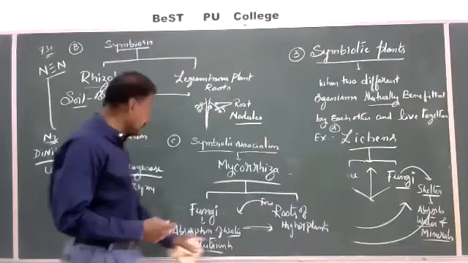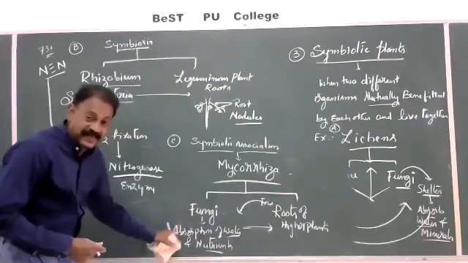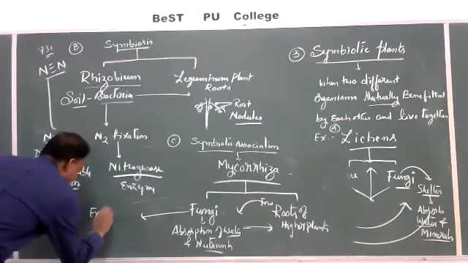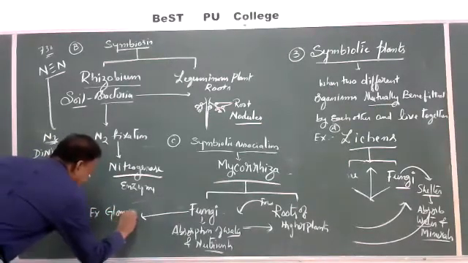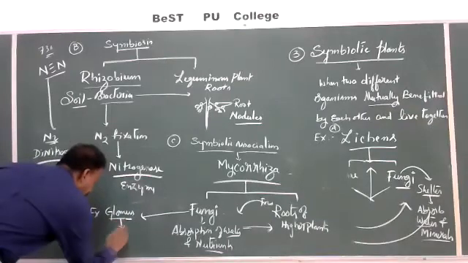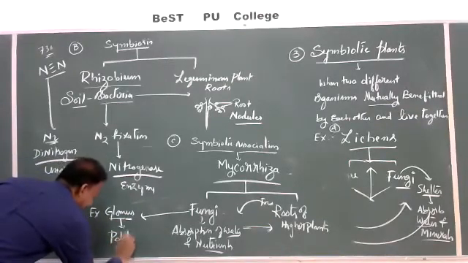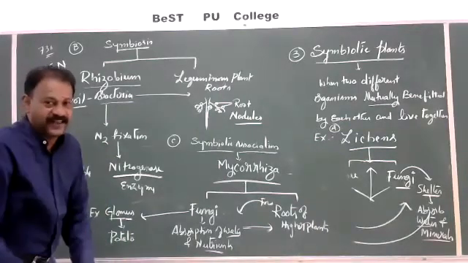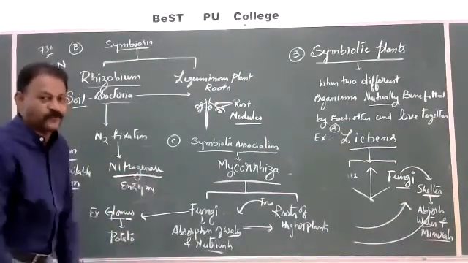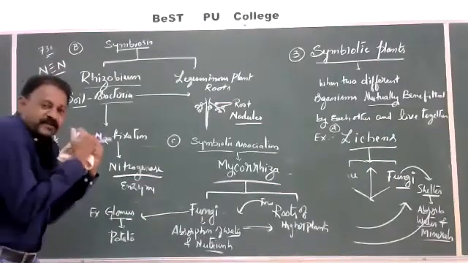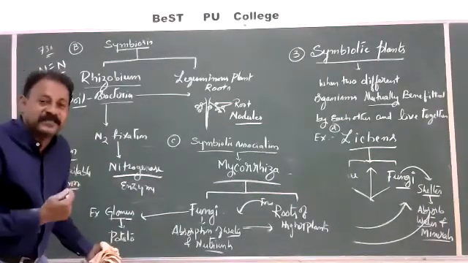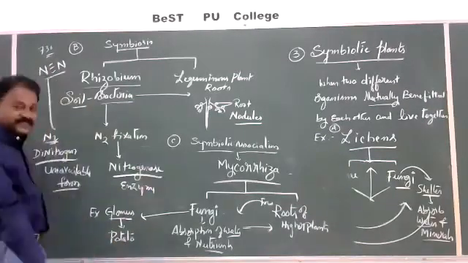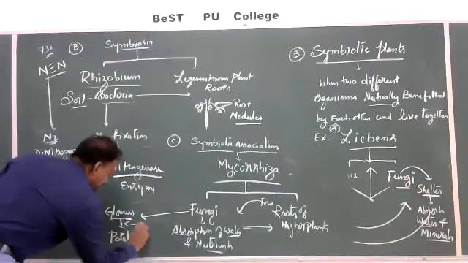The best example is some fungi like glomus. A fungus called glomus enters into potato plants. When the potato plant is growing in the soil, this fungus enters into the potato plant roots and forms an association, that is called symbiotic association. What is it responsible for? It is responsible for supplying phosphorus to the potato plant from the soil. Phosphorus.